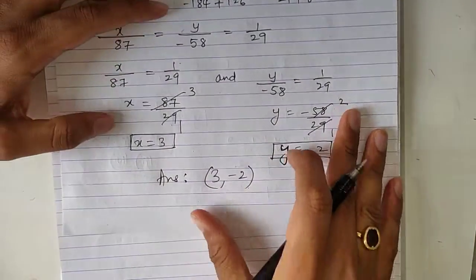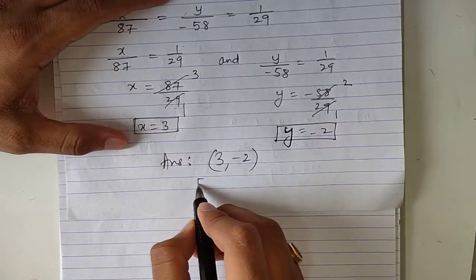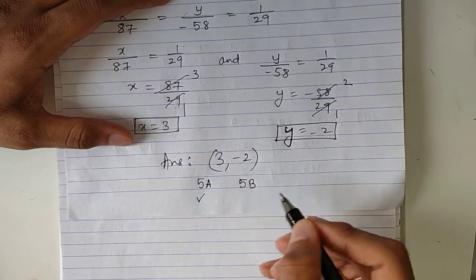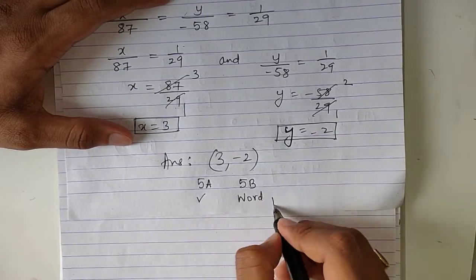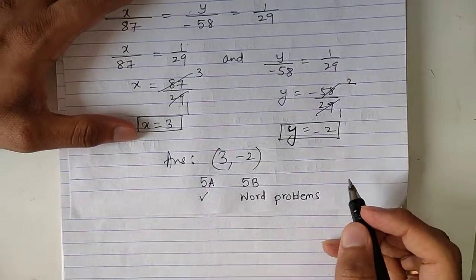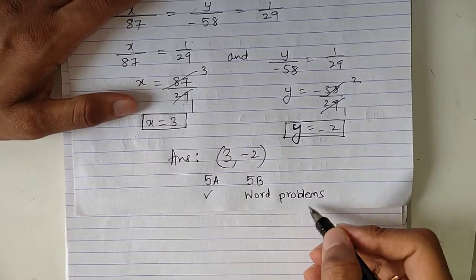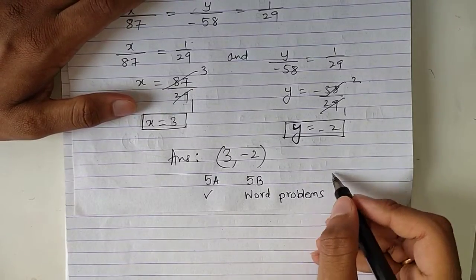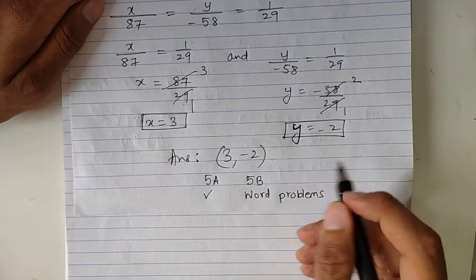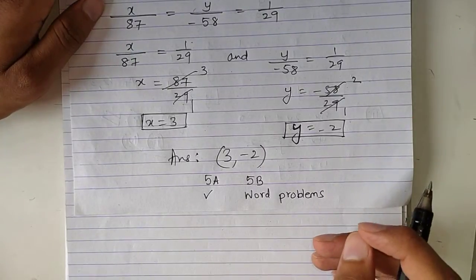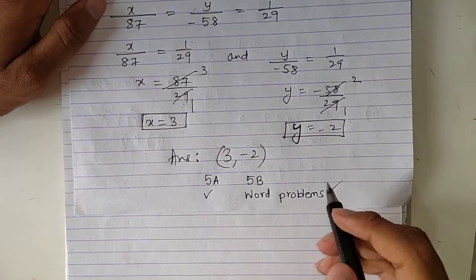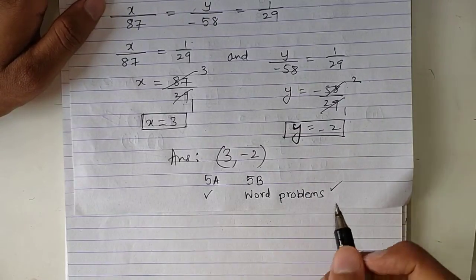Now, see, we have completed exercise 5A. Exercise 5B is word problems. So in your school, if word problems are done or they have started, just inform me which sums are done, and if there is any omission, just inform me about these. Because these word problems are a little complicated, I want to know what the school is doing first, and then we can proceed with this. Otherwise we have completed this.